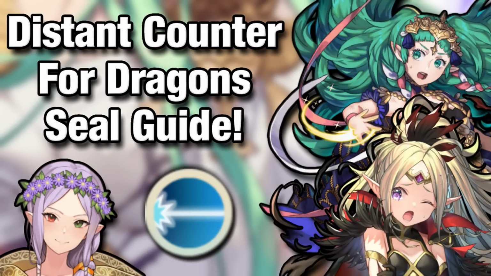Welcome back. Okay, did anybody really expect to get a distant counter seal, let alone it being locked to dragon units? Honestly, I'm all for this. If it means we could get more of these types of seals in the future, I'm absolutely down. But for now, I just want to talk about this distant counter seal because I do think it's really, really